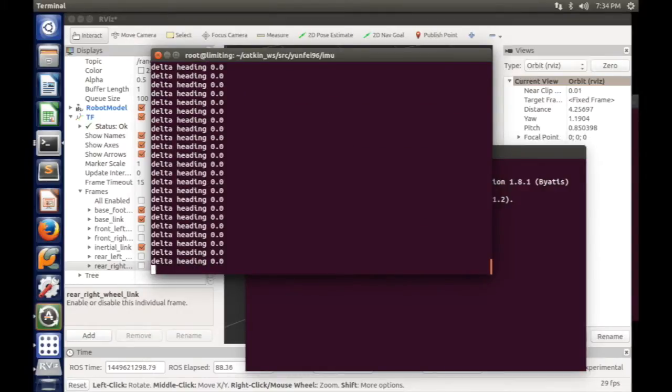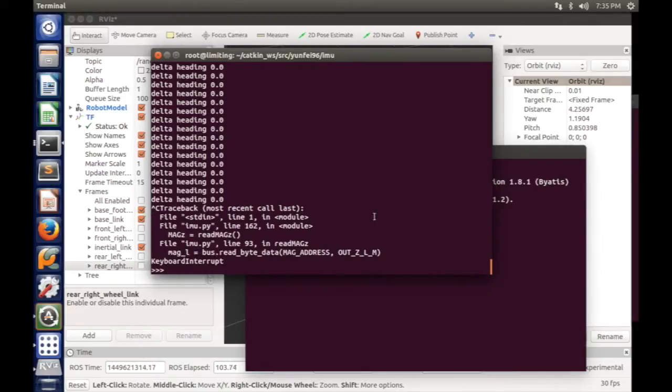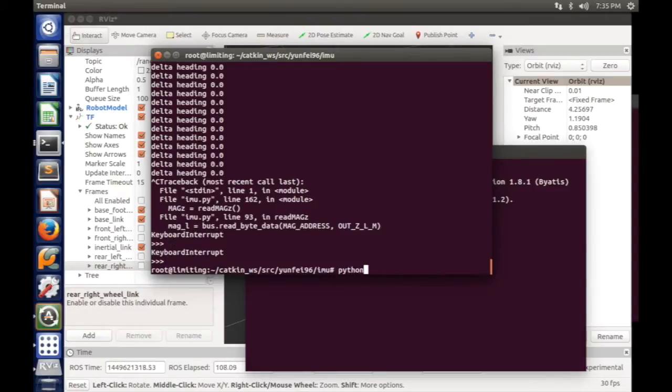This is the heading. The heading of the IMU means how much I turn. So when I turn, you can see that it's quite accurate because it gives data and it's accurate. But it's using the magnetic field. But if I change it a little bit,